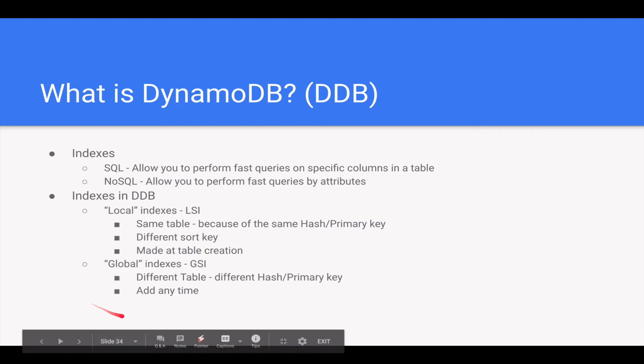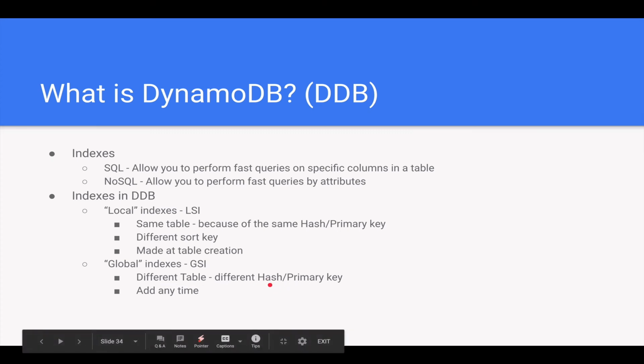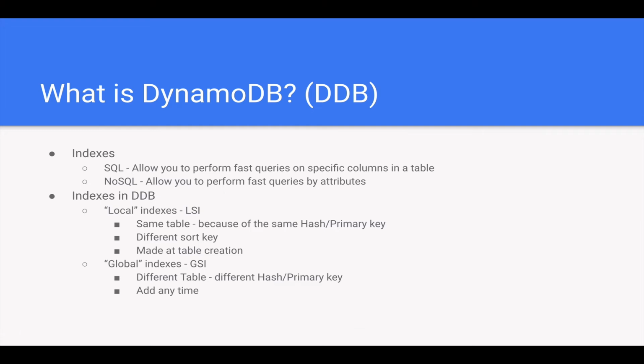Global secondary indexes are amazing. They are great for using. You can add them at any time. You don't have to add them at table creation. They use a completely different table, technically, under the hood. So you have to tell Dynamo which index you're using when you're querying a global secondary index, because it actually has to query a completely different table because you're using a different hash key. And again, this goes back to Dynamo being an amazingly global distributed sub 10 millisecond query time